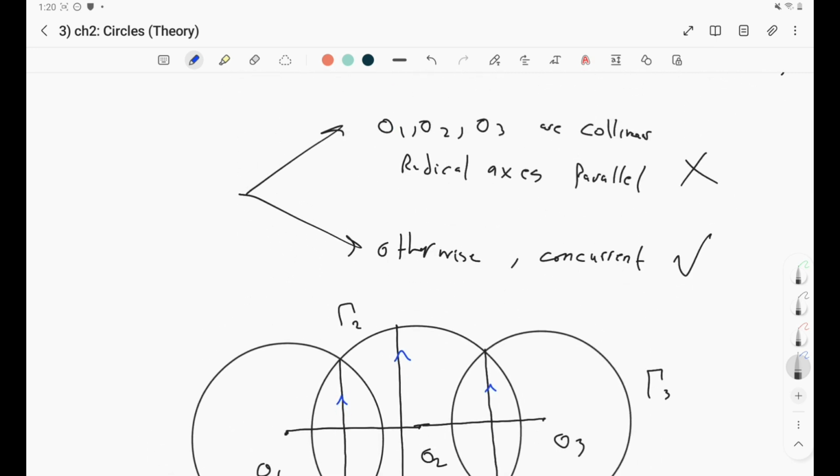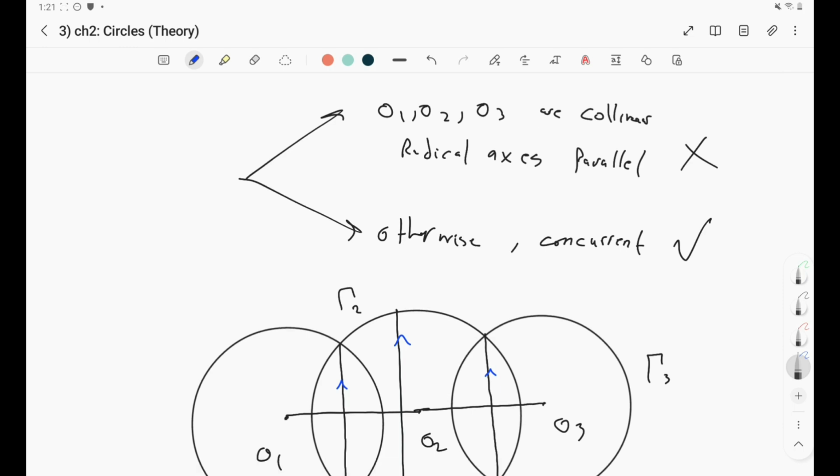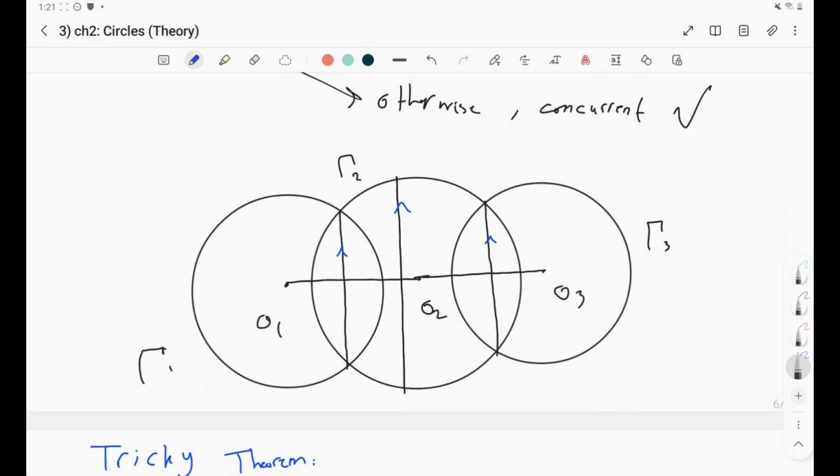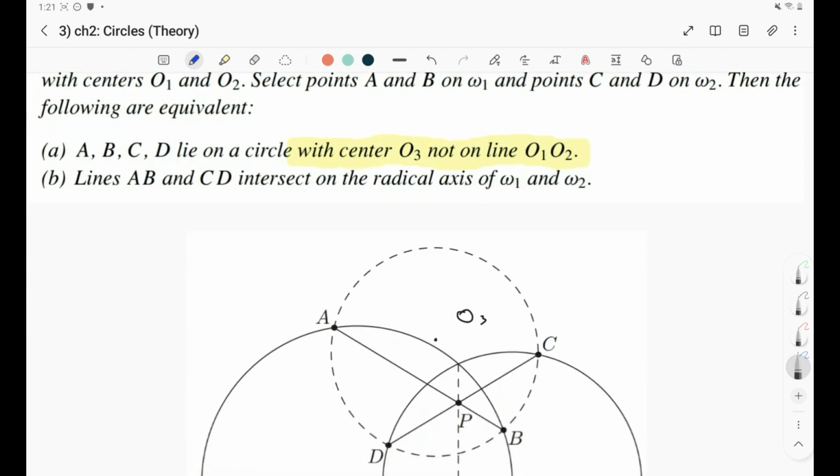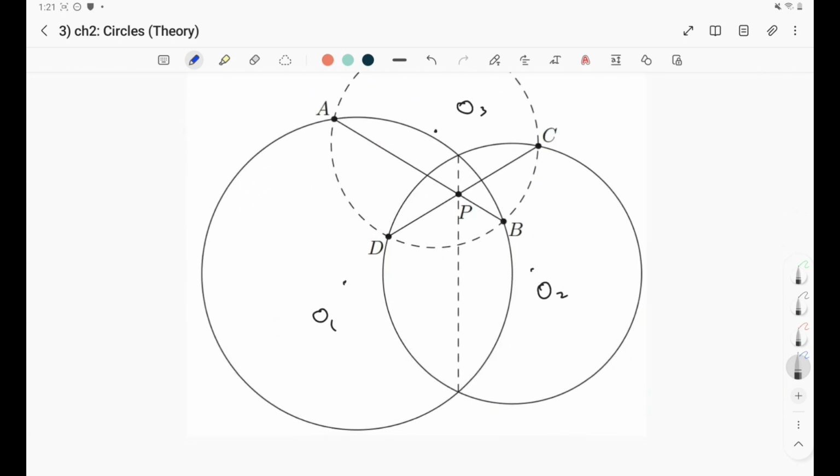Either the centers are not collinear. If they are not collinear, then automatically we have a radical center. It's a point. If they are collinear, we said that the radical axes are parallel, right? So maybe we don't have a radical center. Keep that in mind. And from that, we learned a tricky theorem in which it's really actually common to have